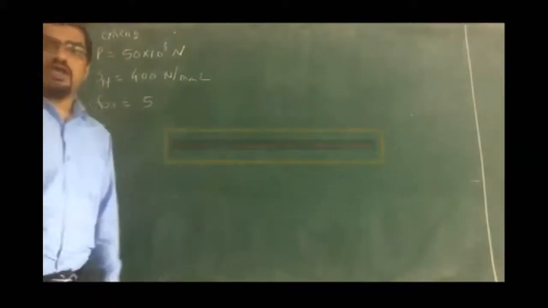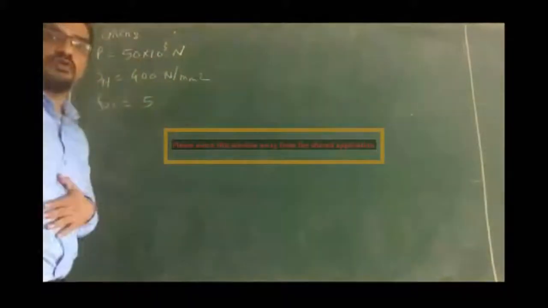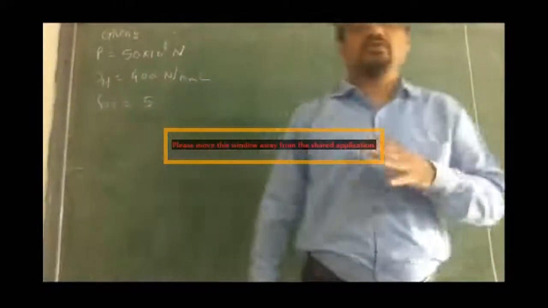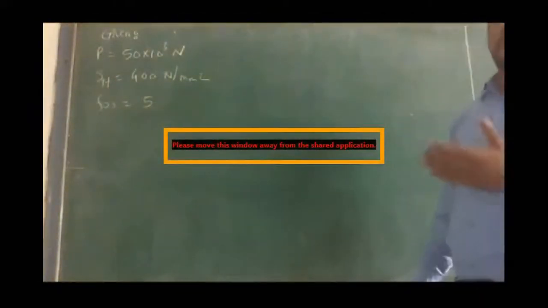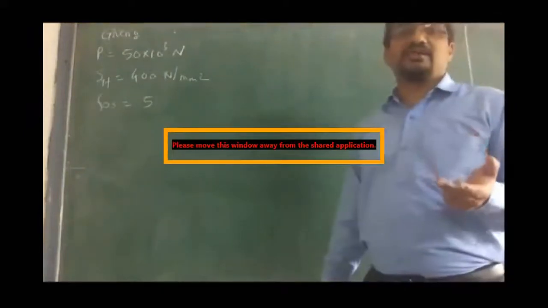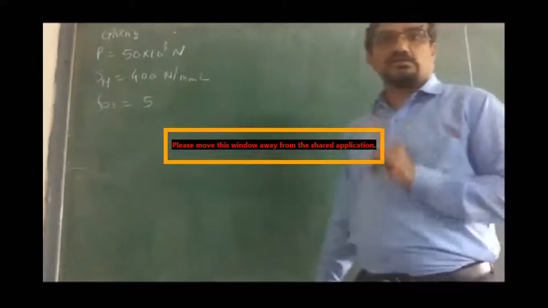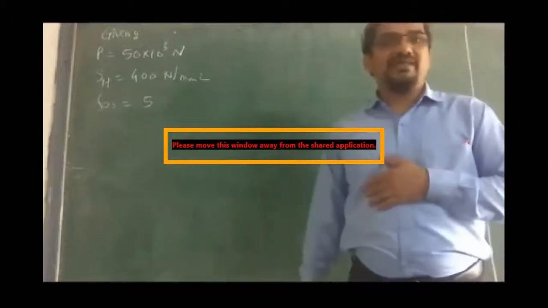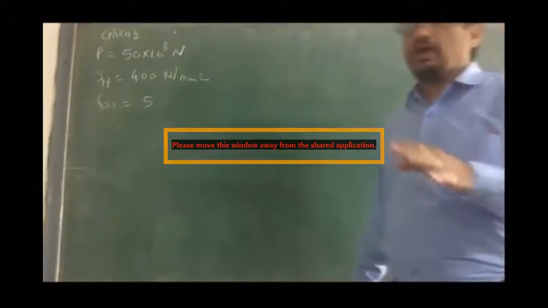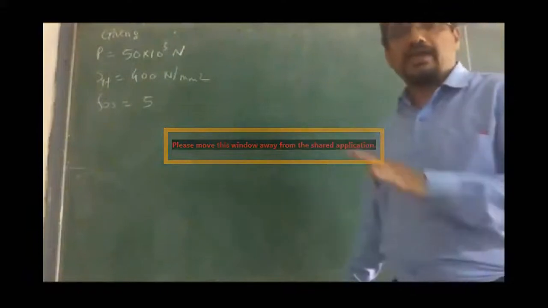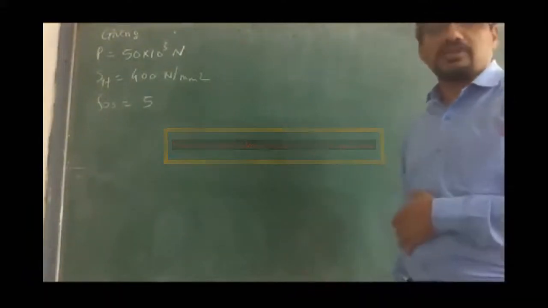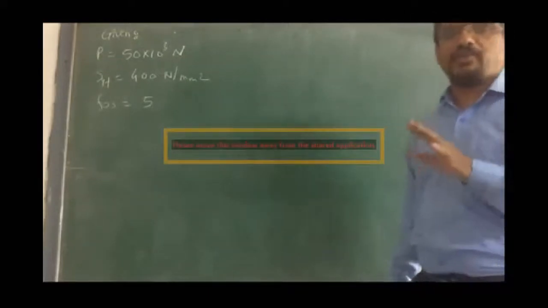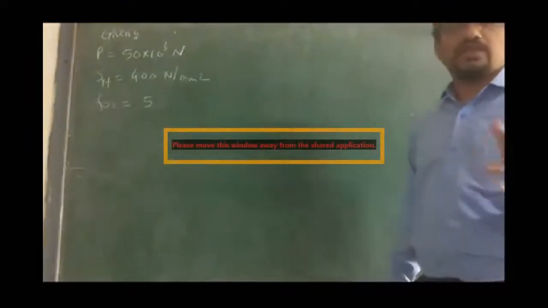For any design, as in our last design, the first thing we have to do is calculate the allowable stresses that we are going to use. So we have to find sigma t, sigma c, and tau allowable. We calculate them as the limiting stress upon the factor of safety. If the materials for the knuckle pin and the eye and fork are different, we have to calculate them separately. But since here all of them are made of the same material, we will calculate only once and use it for our design.